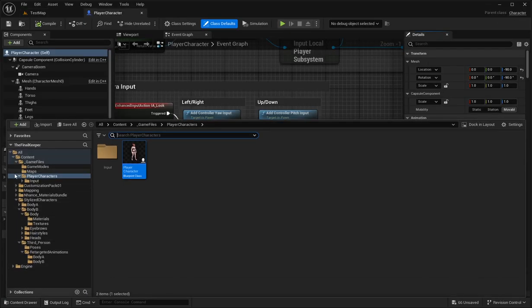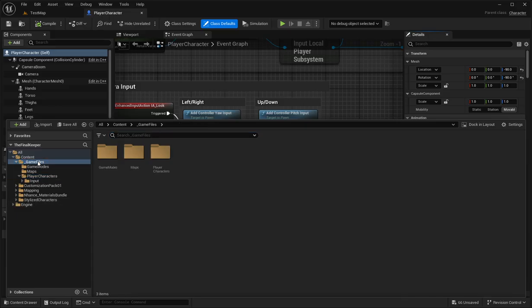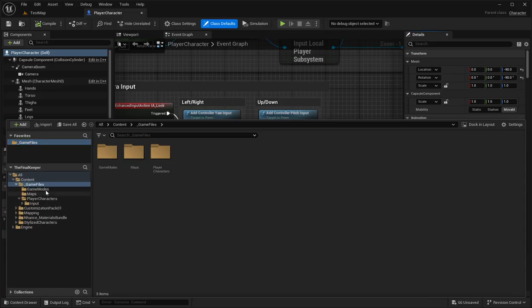we're gonna ignore that. All that doesn't exist to us. Let's put this in our favorites. This is what now exists to us. Okay. So if we take a look at our player character here,